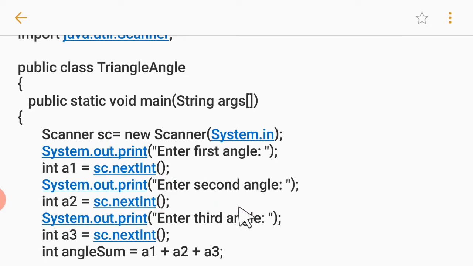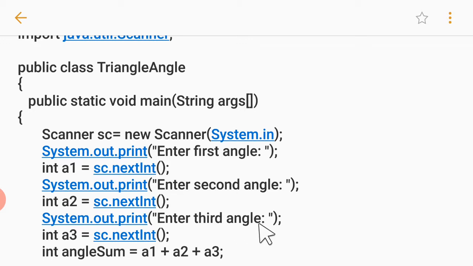Then second message, enter second angle. Then int a2, another variable of int type that is named a2, and input statement for that is sc.nextInt(). And remember students, in nextInt the I is capital. Alright, this is capital I. Don't ever make a mistake. Then the third output, enter third angle, is going to display on the screen.